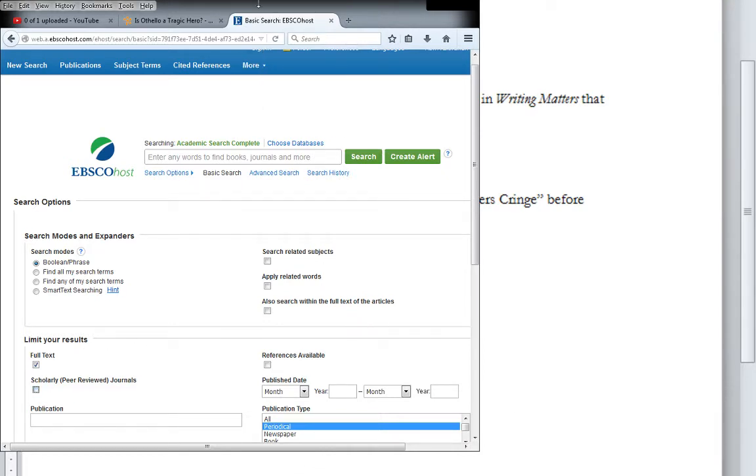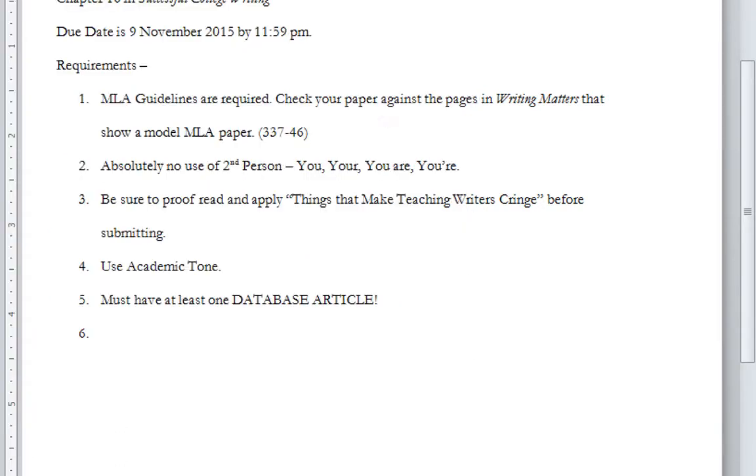The key here is that you try a bunch of different ways of searching. Do not give up and email me and say I can't find anything the first time you search, because I'm going to tell you to keep searching. That's all I'm going to tell you, because research is work and you have to keep trying different types of searches to find information. So you must have at least one database article.